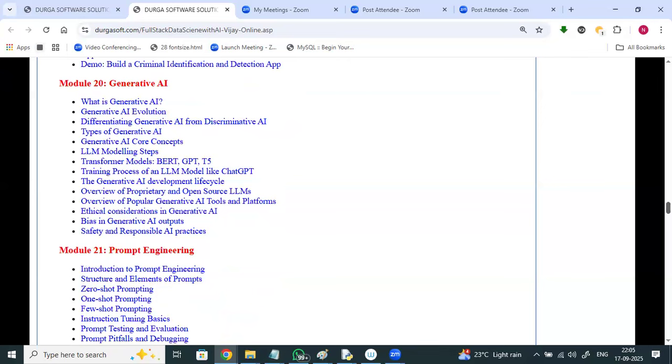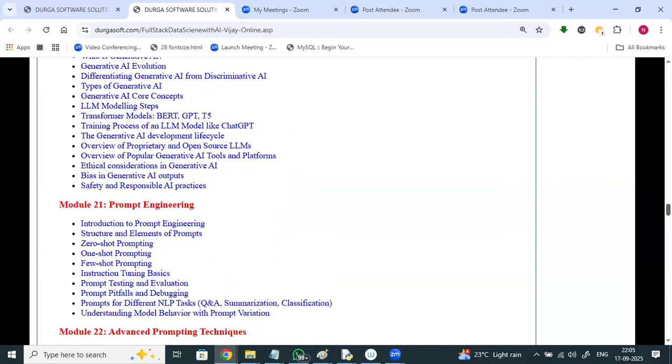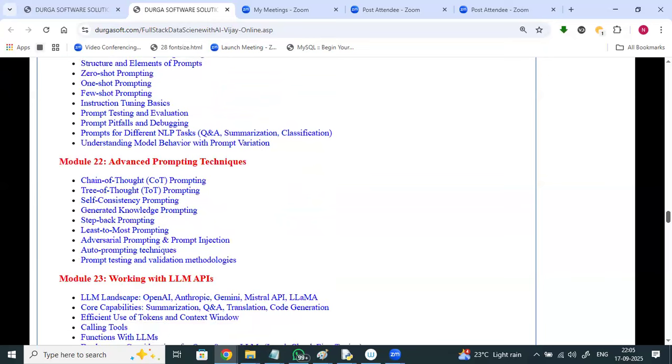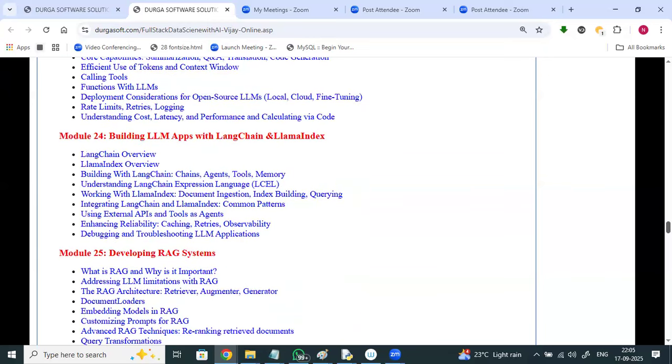From here onwards, generative AI, agentic AI, prompt engineering, advanced prompt techniques, working with LLMs, building LLM